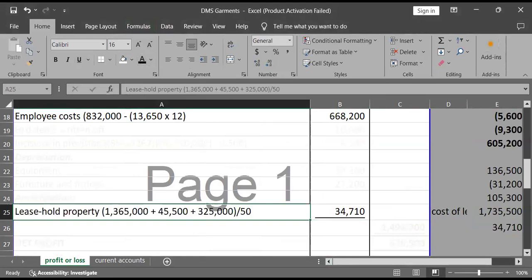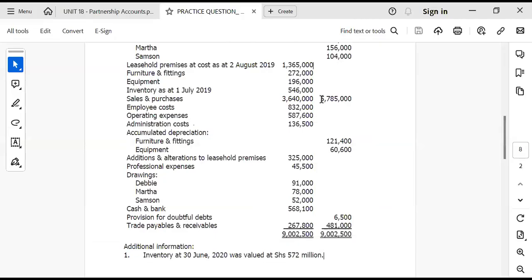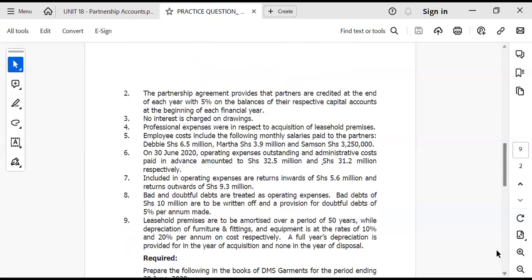And so I move on back to my TB. Back to my TB, where were we? We were on alteration of the lease. We have looked at professional expenses. These are drawings. We have cash and bank. Of course, these don't affect our P&L, so I'm just reading them out loud. And then we have our provision for doubtful debts, which is 6.5 or 6,500. In the notes here, they told us